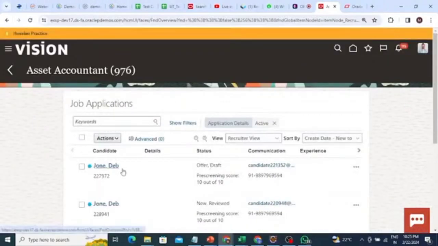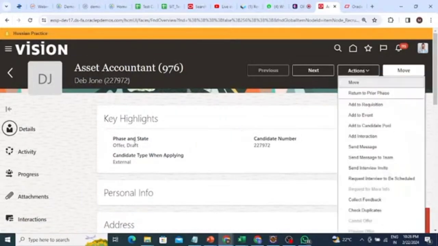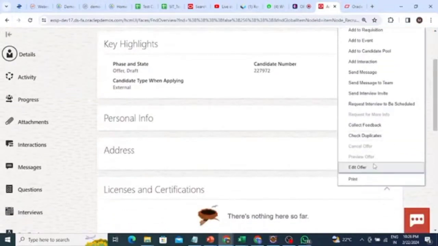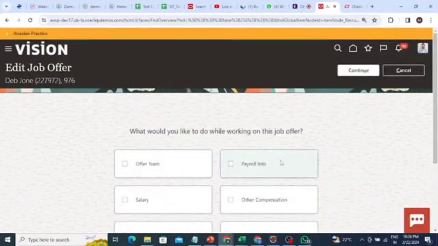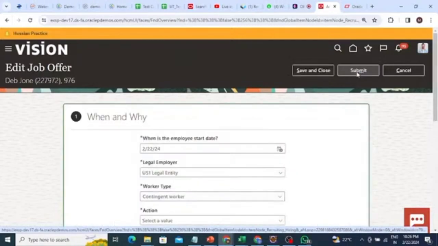Currently, this offer is in draft for this candidate. Now you can just click on this action tab. Currently, you can see the phase and state as offer in draft stage. So you can just click on edit offer. Okay. So these are the different sections,